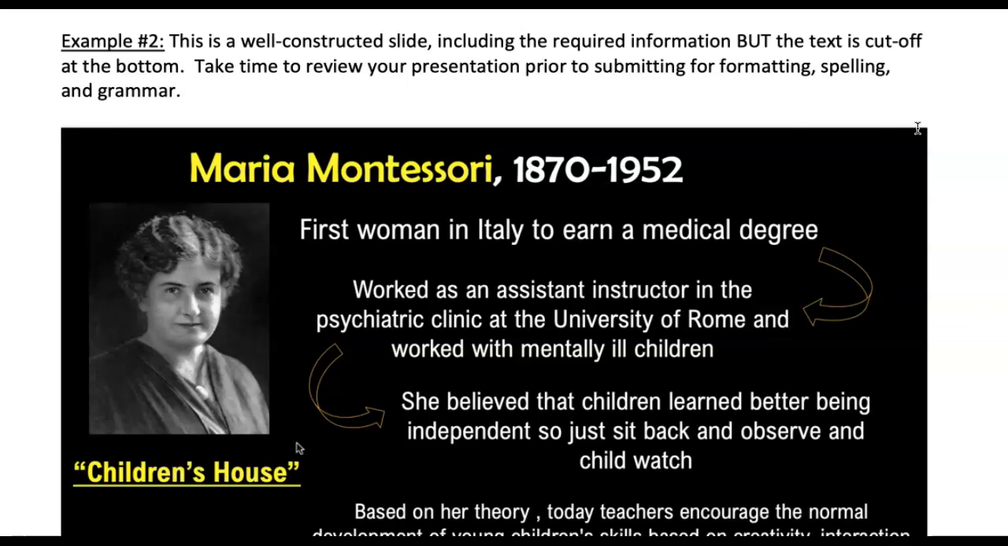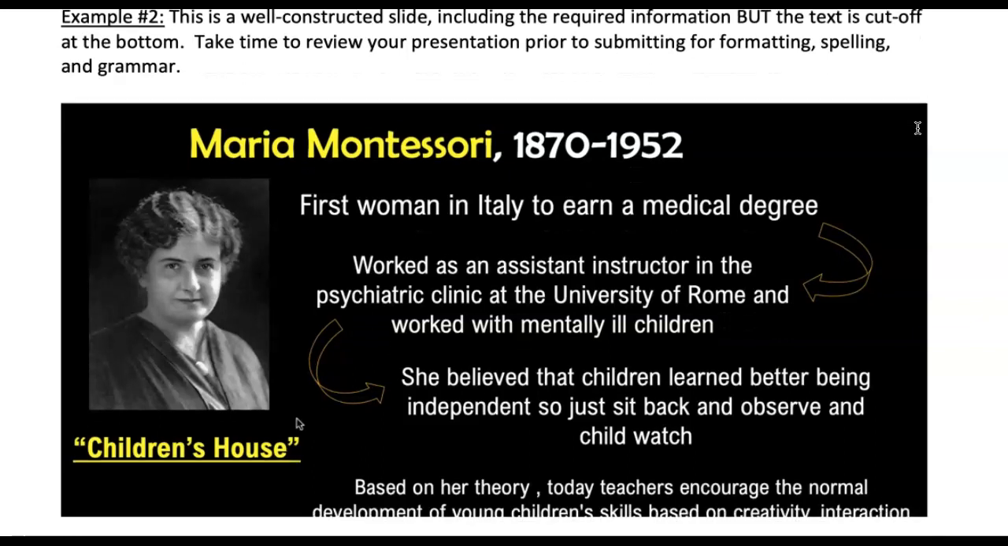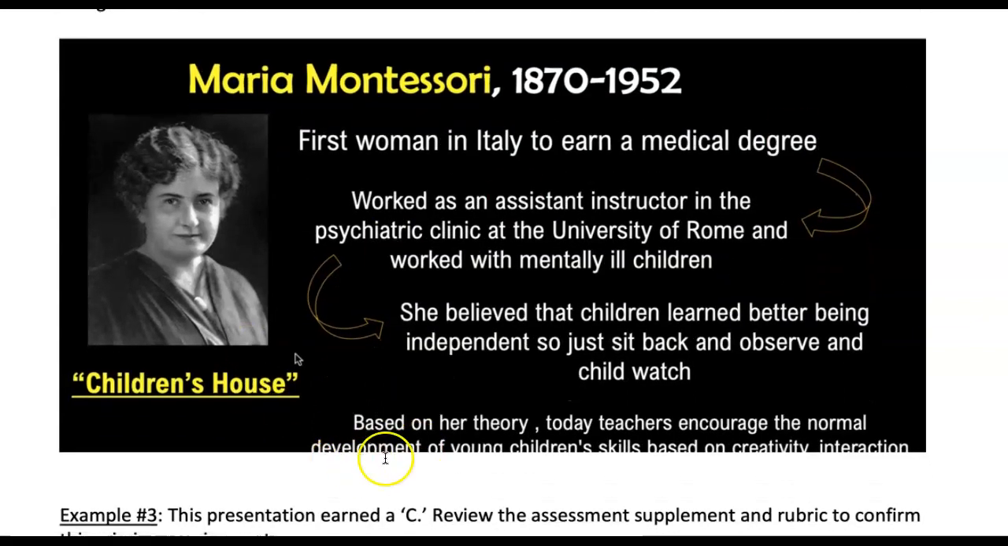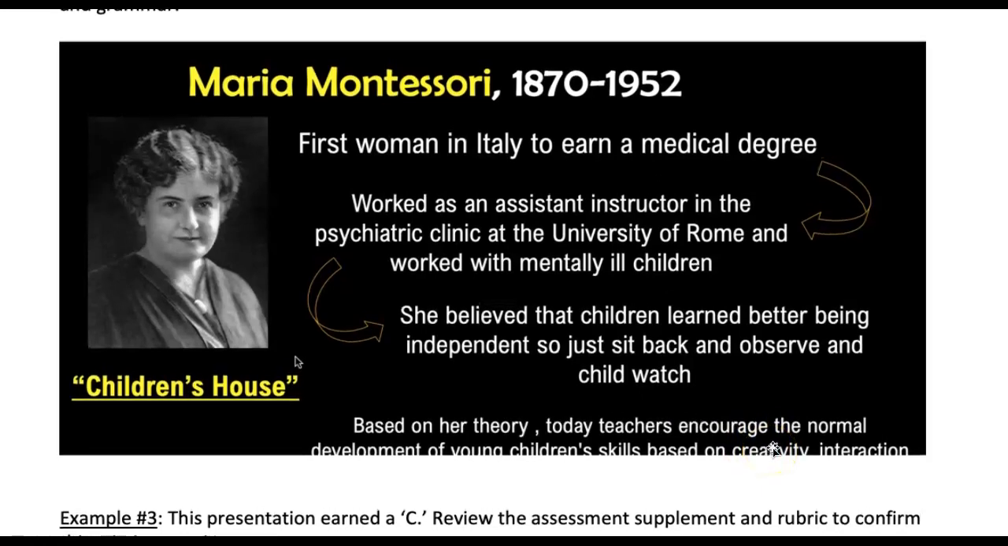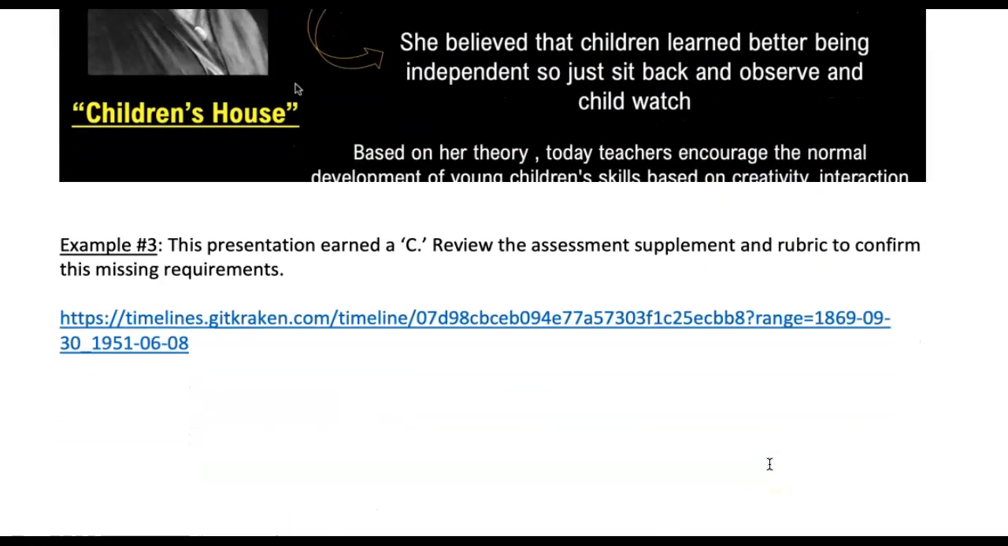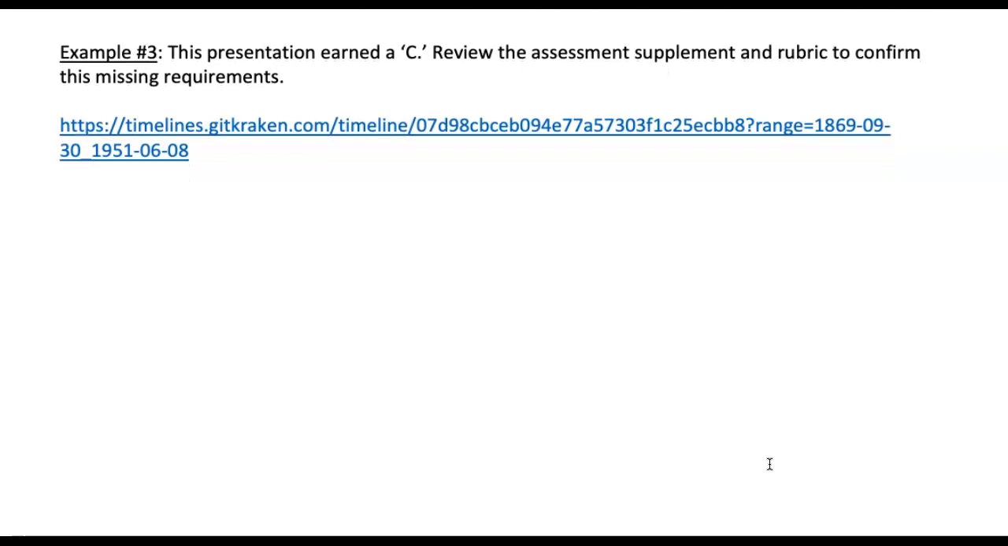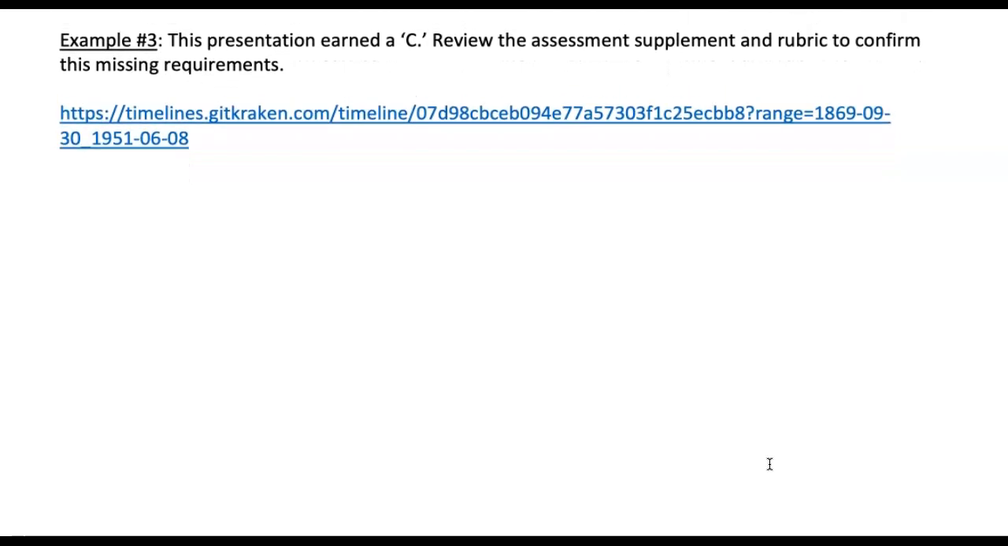So when you're reviewing your PowerPoints or your presentation slides, make sure that we can read your information. Make sure that the font is large enough. Make sure to think about the font that you've chosen, the color of the font, the background. Is it clear for your audience to review? Noting at the bottom that this is cut off, that would be a deterrent on the rubric. Example 3, this presentation overall earned a C,